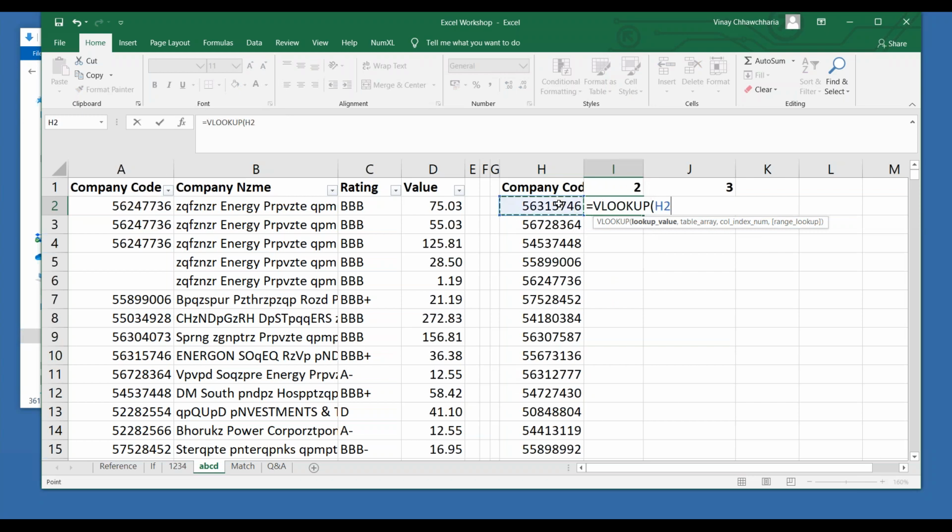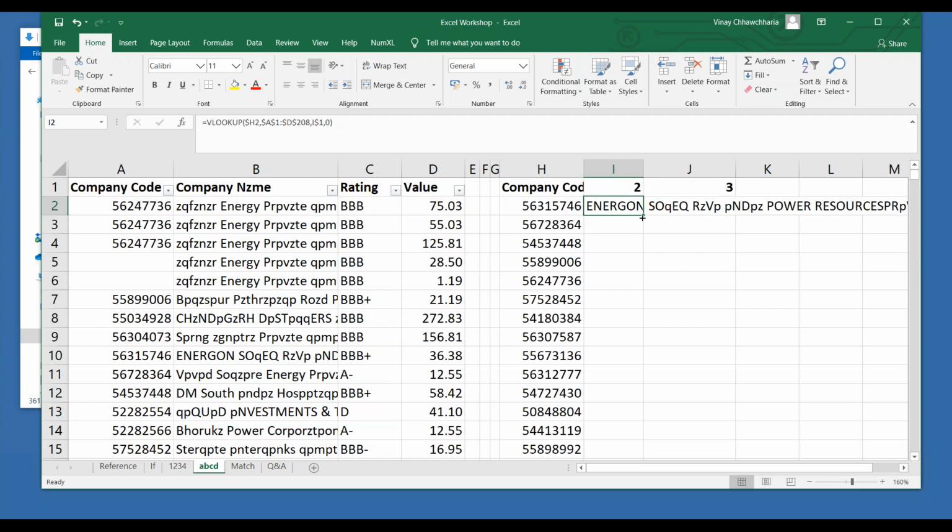Now again, I'm writing the VLOOKUP. Here, my column should be freezed, comma, table is selected, comma. Now I want a 2 over here. Where is 2? 2 is here. If I select this, Excel will consider this as 2. Now here, I want that if I drag this down, 1 should not change. But if I drag it to the right, I should change to J. So I am just using this thing, $1, 1 will not change, comma 0, bracket close, enter.